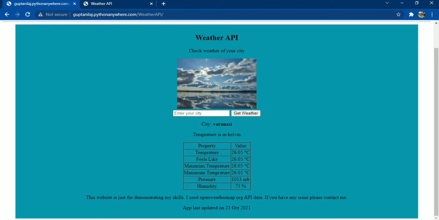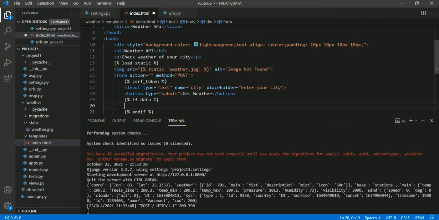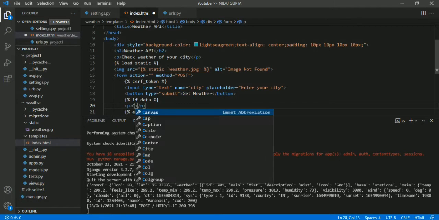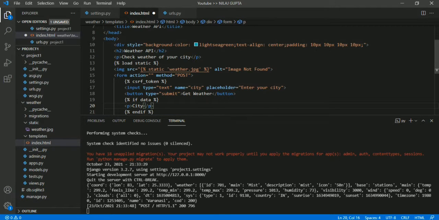And now let's show the city. Okay, so here I will use a paragraph, and city as city. This is the city we had passed in that views.py.